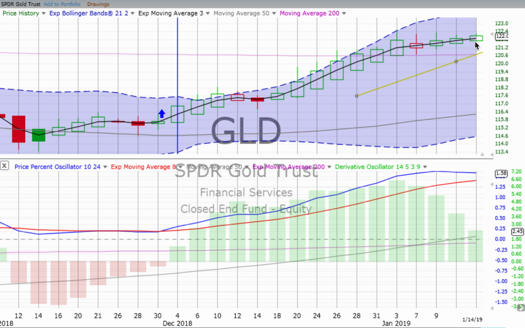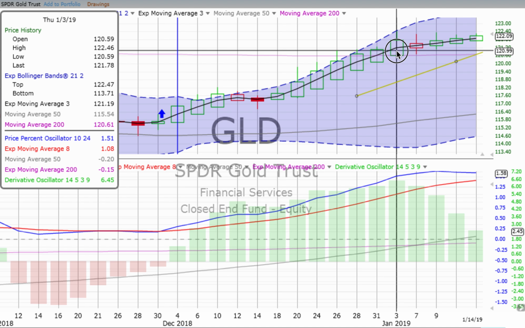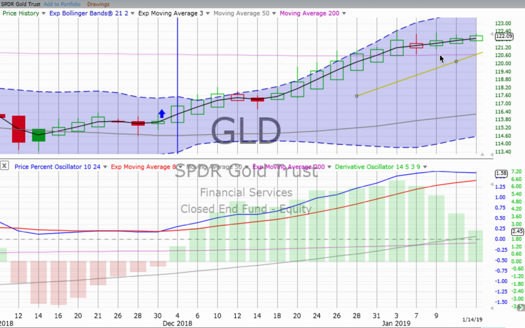And we do keep looking as we see attempting on that 2-day chart to move up and above where it had peaked out back on Thursday, the 2-day candle ending Thursday, the 3rd of January. Hasn't done that yet. We can see that reflected in the derivative oscillator that's actually heading down a little. I'm sorry, price percent oscillator heading down. Derivative oscillator also losing upward momentum. But again, 2-day and the weekly still in confirmed moves.